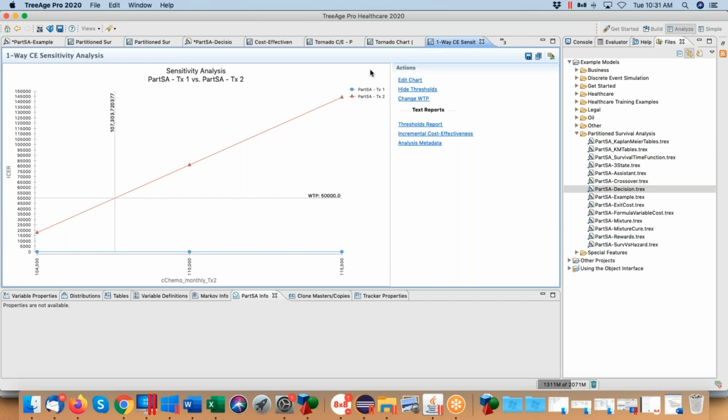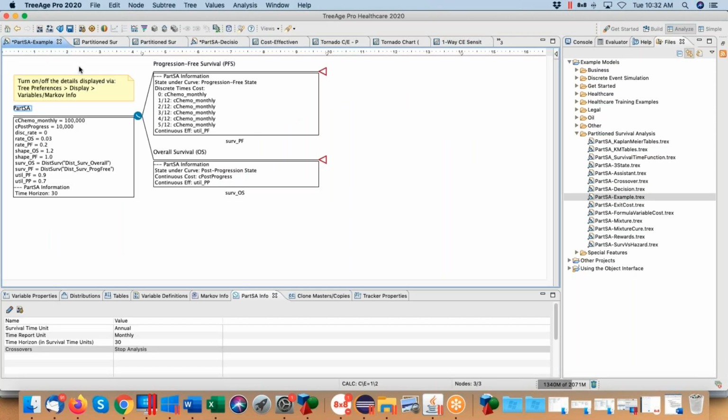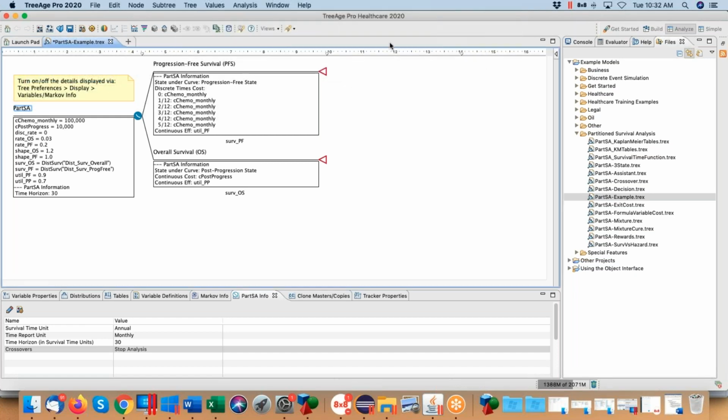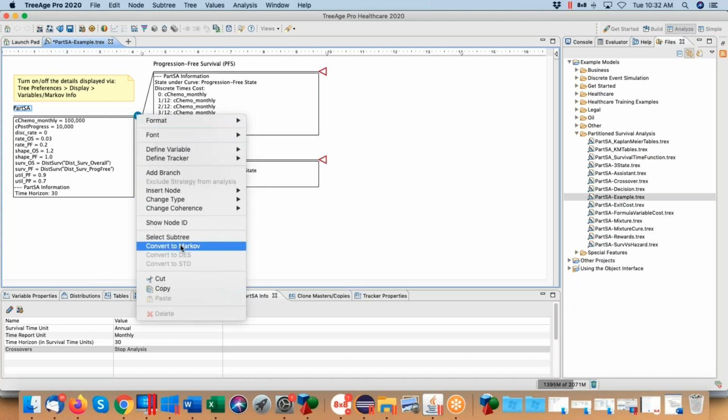One more thing to show. I'm going to go back to the original model here. Here's a little trick. If I just right click on this, I can close all the tabs to the right. Just close all that report output. And I want to show another technique, which is if I right click on this, I can convert this to